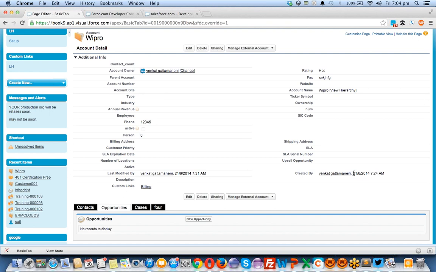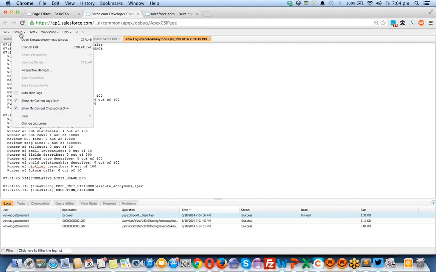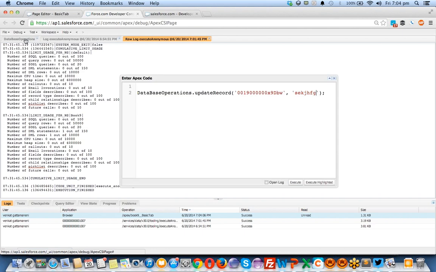This is Indian time. Okay, it'll show you the next day morning. Okay, this is our evening, right? This will show the next day morning to you, and this is the record values what I have inserted. Okay, and if you see here, there is a fax value which is updated by us in the second operation. Let's do one thing. I want to run the third operation now from the debug console. Open execute anonymous window, and I'm removing this and pasting the delete operation.